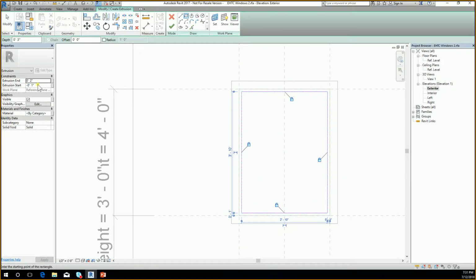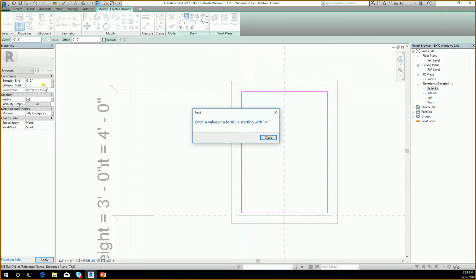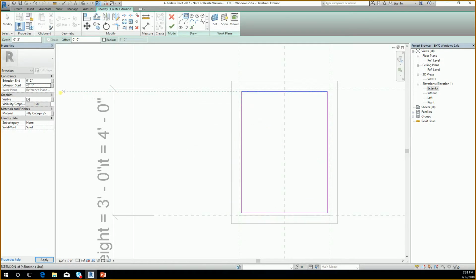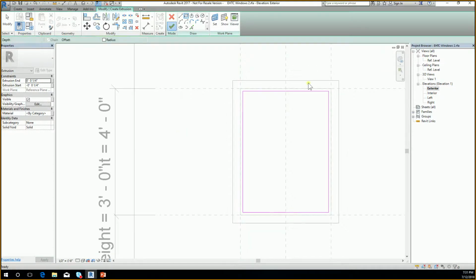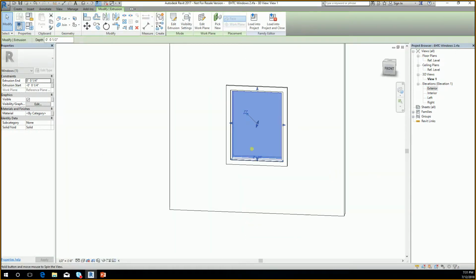and then change these values from minus 0.0 inches to plus 0 inches. So I'm gonna have a 1 inch thick pane of glass, okay, which is probably too thick. So let's change this to 1/4 and 1/4, so that way we have only 1/2 inch of thickness. And then now I have my glass there. Okay,